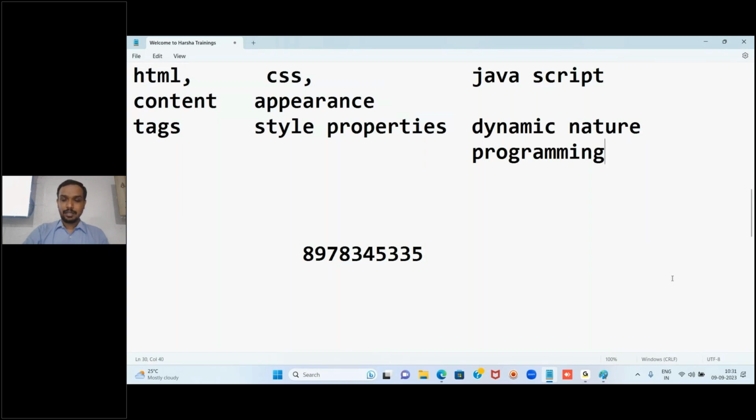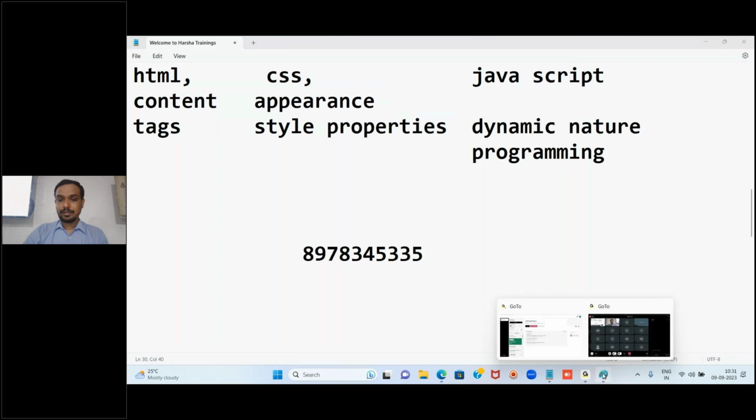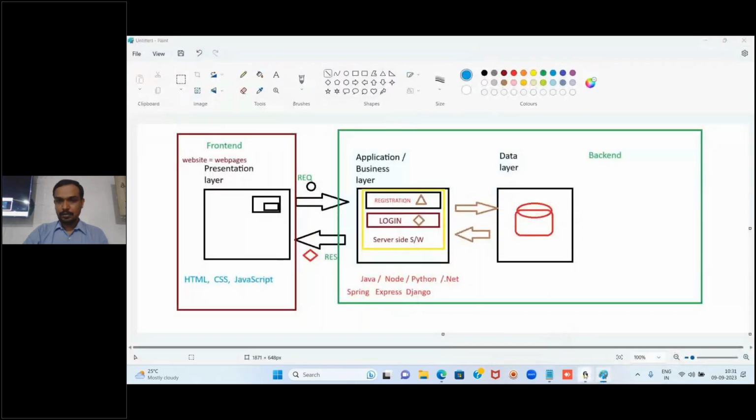But here we discuss one simple point: on this right side, whenever we develop anything other than the programming language, we take the help of a framework, so that developer life will become easy. In the same way, on the left side, HTML is not required, simple language, CSS also simple, but in JavaScript we have to use logic, right? Again, pure JavaScript we can write, or we can take the help of frameworks.